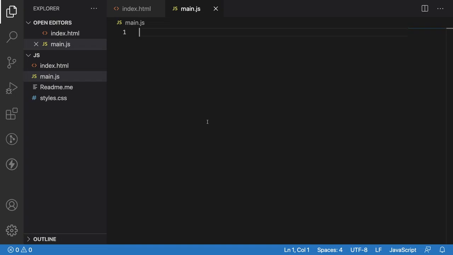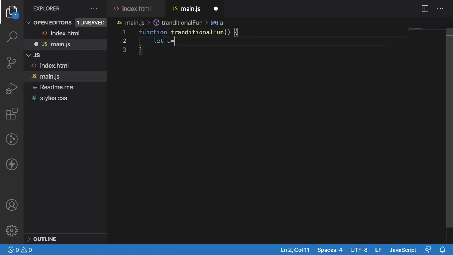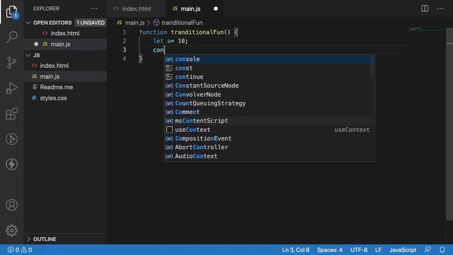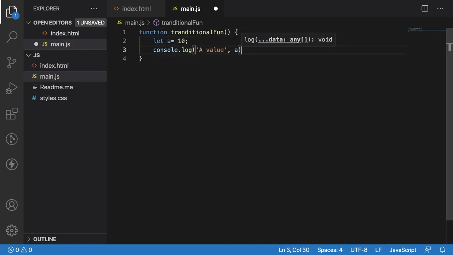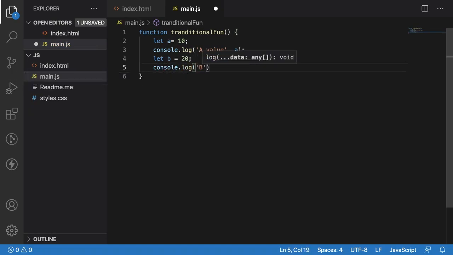Before going to generator functions, let's try to understand what is the current problem in the traditional functions. Let me create one traditional function. Function traditional function, and inside this I'm having let a equal to 10, and let me print this a value comma a, and let me create b, print b value and b.